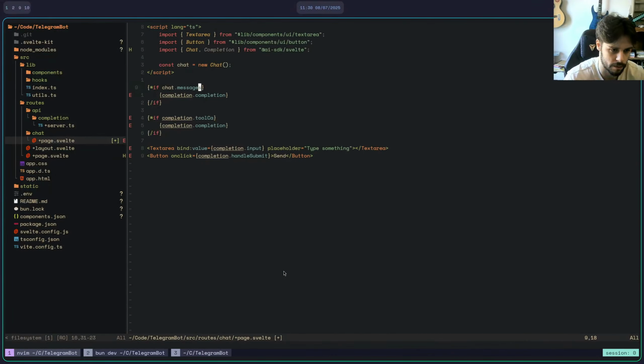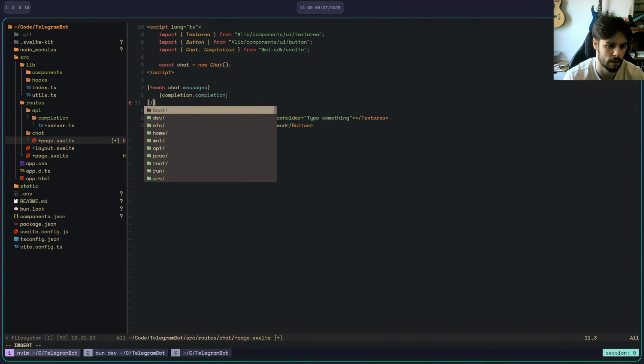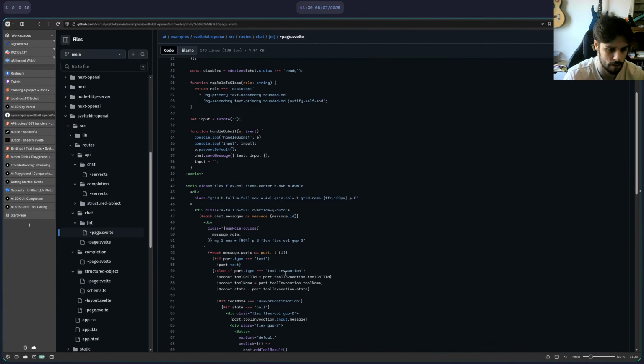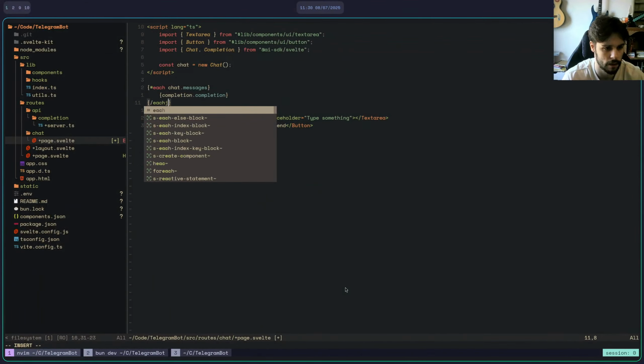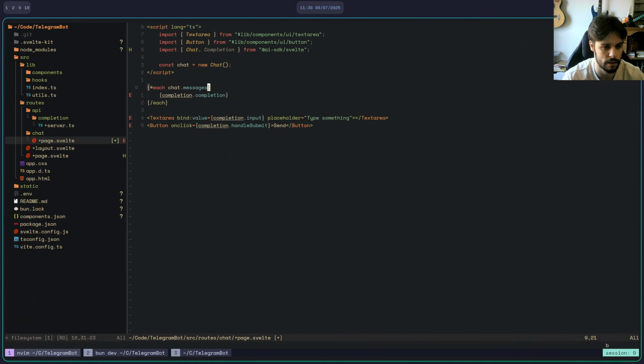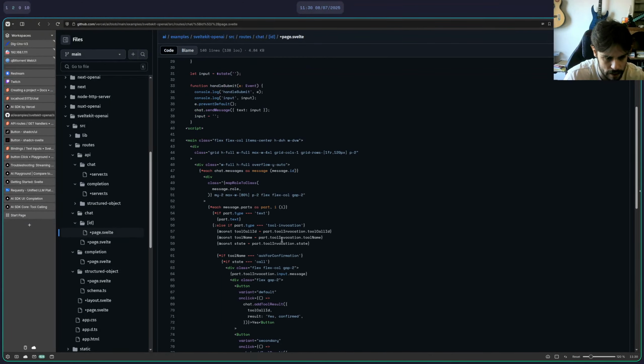So right now, here's what we're gonna do. We're gonna get rid of this. We're gonna go each, and then I suppose we just end it with like, yeah, each like this. Each chat dot messages as message, and this actually had another thing: message ID.